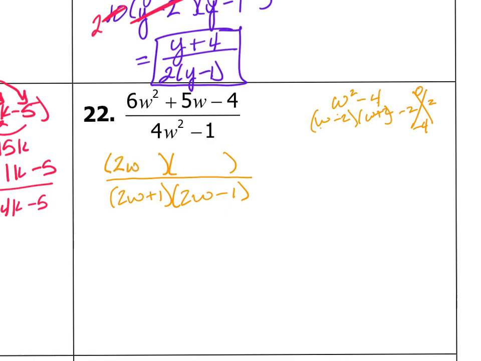Just going to say that. Pretty sure it's going to be 2w. And 2w times what w gives me 6w? So that will be 3w. So we're going to have to do a little more thinking on this one. Okay. So